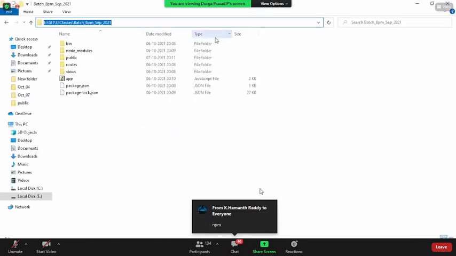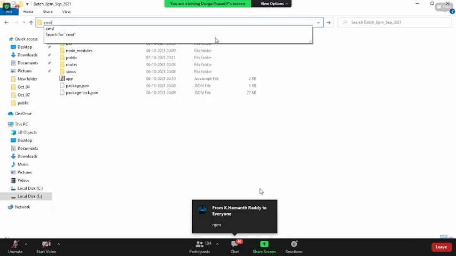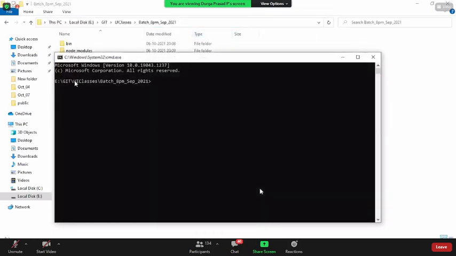So what is the simple way here? Go to the taskbar, click on CMD. It will automatically open under my E drive UI classes batch 7 AM. Guys, I have seen this question from many of you, you pinged me in Telegram saying that boss, when I say npm start, it is not running. npm start cannot be executed anywhere within the drive. npm start should only be executed within the server folder.